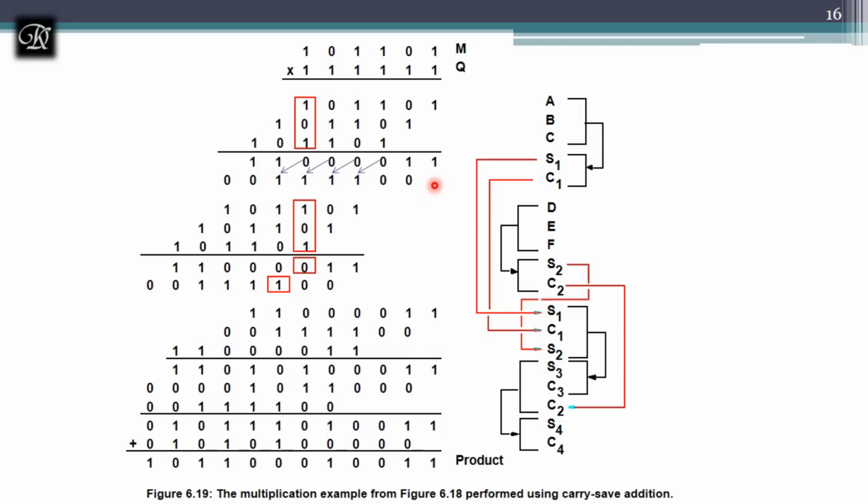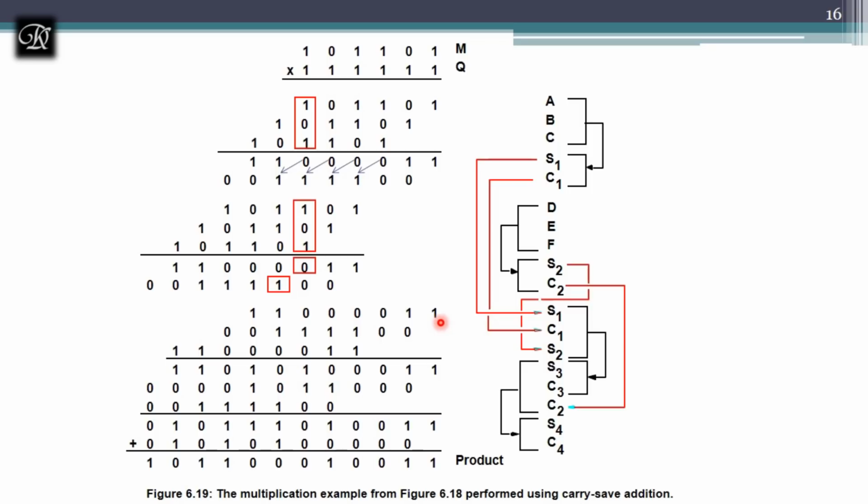Now our job is to find S1 C1 plus S2. So now I am writing S1 as it is over here. You can notice it is 1 1 0 0 0 0 1 1, and carry is 0 0 1 1 1 1 0 0 0 0 1 1 1 1 0 0. Don't change the position of the bits. You should write as it is. Next, S2, that is 1 1 0 0 0 0 1 and 1. Now we have to find the sum and carry of this.